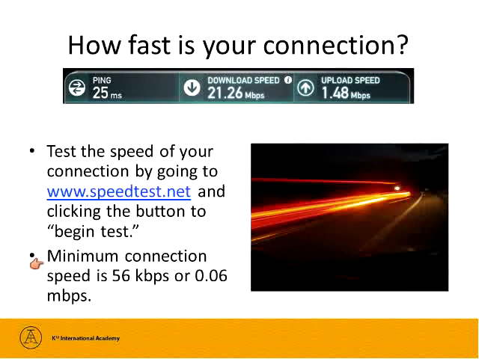The minimum connection speed that you need to have is 56 kilobytes per second or 0.06 megabytes per second. This computer has 21 megabytes per second, so it definitely passes both the speed for downloads and the speeds for uploads as well. It's important to check your speed periodically. If you're having technical problems on your computer and everything worked fine the day before, maybe for some reason your internet is running slow,